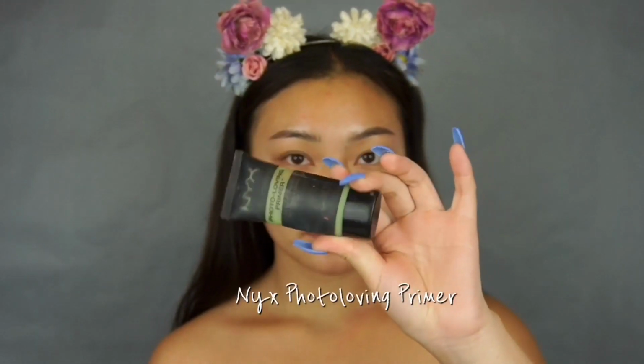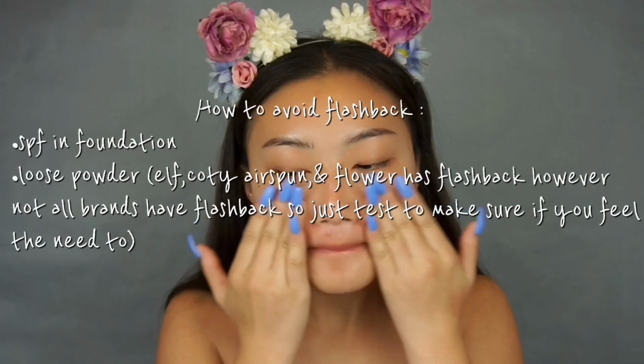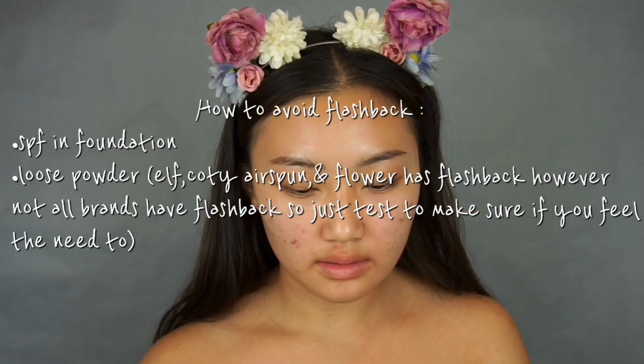Now we're just gonna conceal these babies because nobody's trying to see that. For primer, I'm using the NYX Studio Perfect Photo Loving Primer, and this is for anti-redness. If you don't want to look like flashback Mary, you should go for products that do not have flashback, and that's really important because we do not want to look like